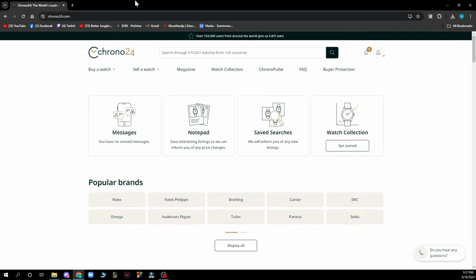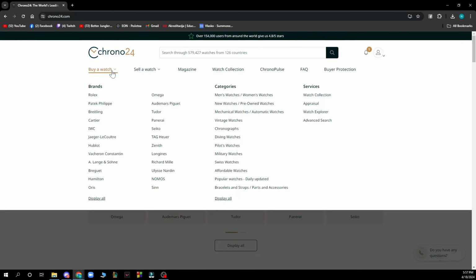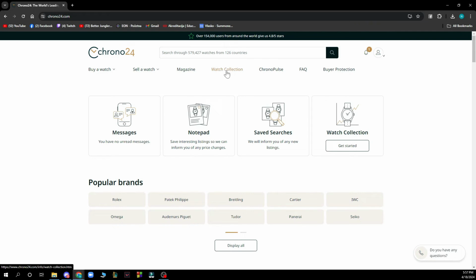Now guys, that we got that out of the way, let's see what we actually have in front of us here. So as you can see here, we have the Chrono24 official website where we have a lot of different things. So basically here we can go and buy a watch, where we can go and see some brands, categories and services that we would like to go and search for. We have the sell watch, where you can go and sell a watch as a private seller or as a professional dealer. We also have some magazines, watch collection, we have the Chrono Pulse, we have the frequently asked questions